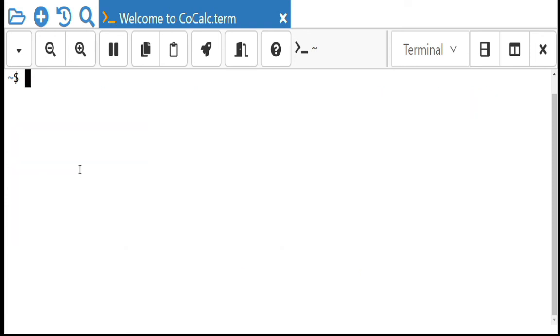Then next is the mv command, that is the move command. So it will be used to move one or more files or directories from one place to another. Okay, it has two distinct functions. It is going to rename a file or folder, and it is going to move a group of files to a different directory. Okay, so first I have to check which all files are there.